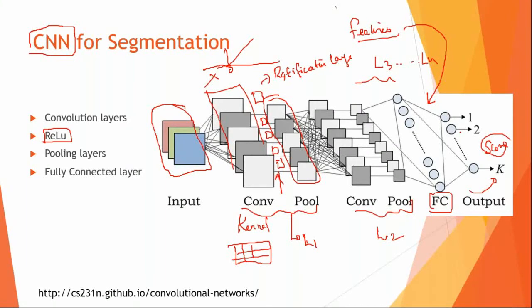It has got an input, a convolutional layer which extracts the features for you. Then you've got a rectification layer which removes the bad ones and pushes the good ones. Then the pooling layer, which picks out the best features and passes them on to the next and next layers.